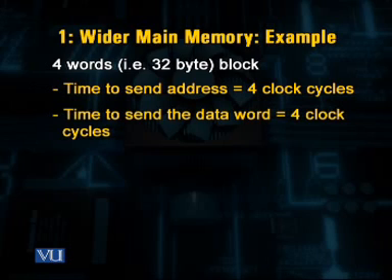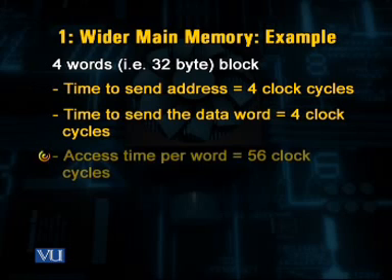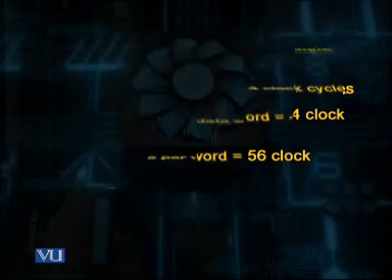The time to send a data word is also 4 clock cycles, whereas the access time per word is 56 clock cycles. Now, let us evaluate the miss penalty and bandwidth for 1-word and 4-word wide memory systems